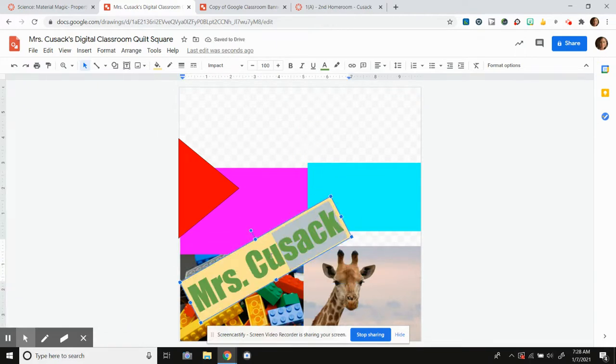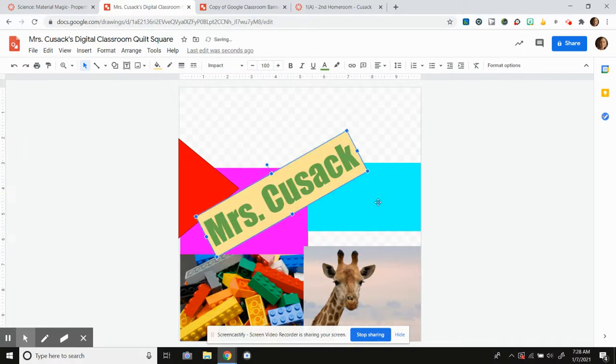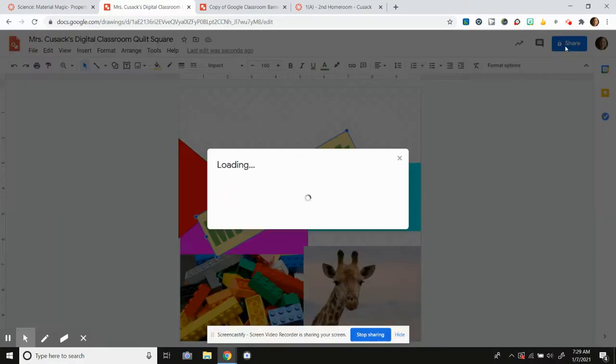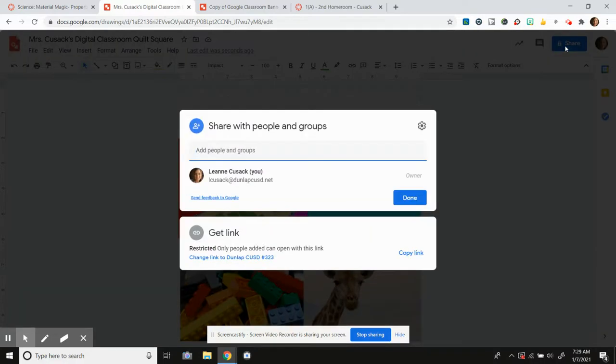Okay, so my quilt square is not done yet, but I think you guys get the idea. In our video time, I need to go ahead and wrap up the video so you have time to work. So that's the idea with this. Be creative, play around, have fun with it, make this square perfectly you. Once you have all of the square filled up with something, click share. And then, of course, you're going to share it with me